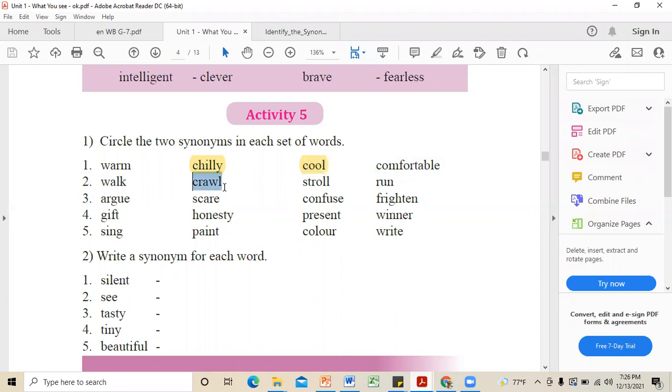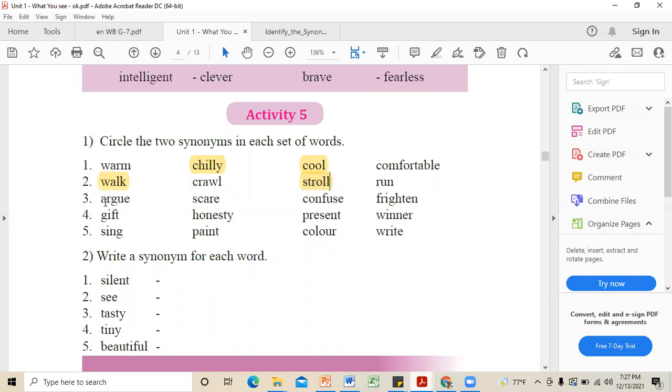But if we say crawl, it is not that we are walking, right? So babies crawl. Whenever we have small babies, we know they cannot walk when they are maybe a few months old. So they crawl. අපි සිංහලෙන් කියන්නේ බඩගාගෙන යනවා කියලා, right? So crawl means they are not walking. But stroll means we are walking in a leisure manner, right? So that is why we consider these two words to be synonyms. So the two words should be walk and stroll, right?